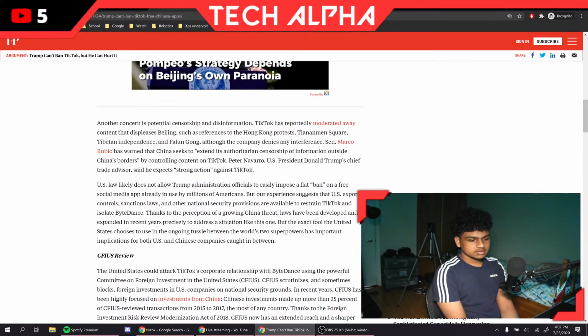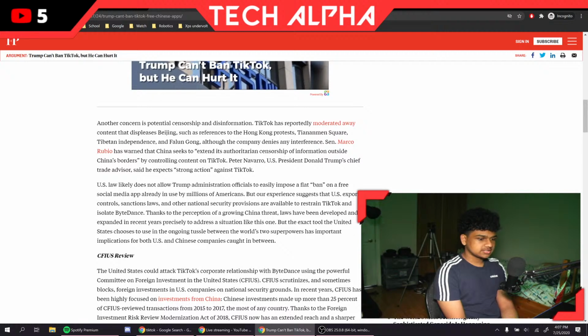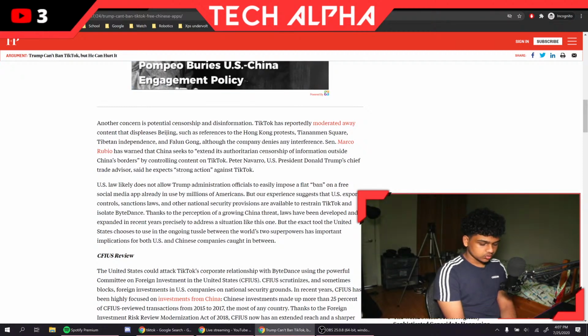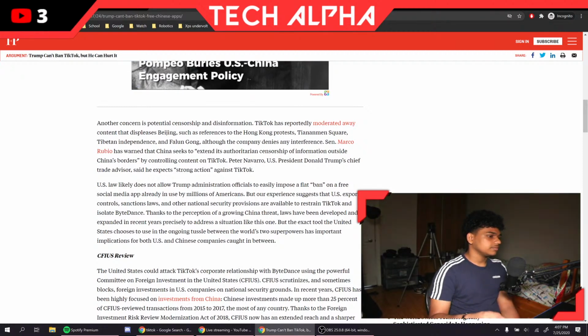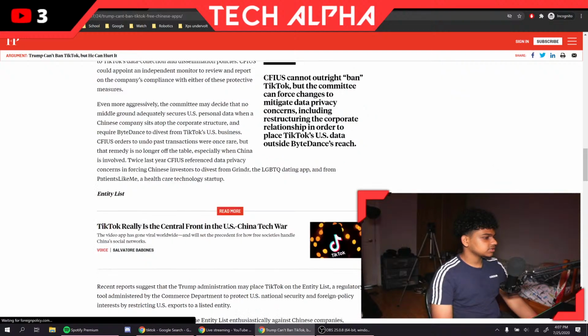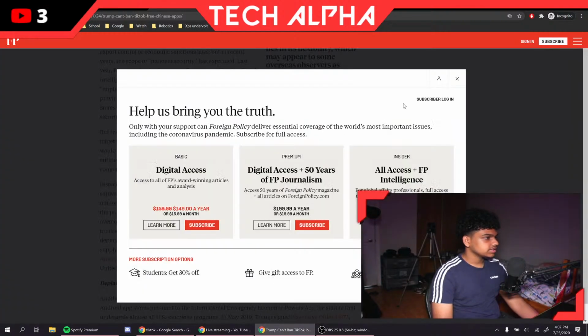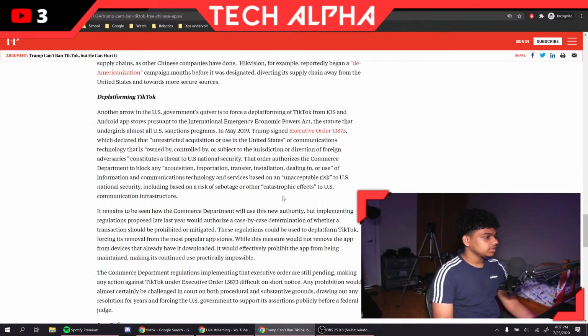I guess what they're saying is it's impossible to flat out ban an app, the same way that India has done it. Because the way that India did it was crazy. They basically just said, "Screw you, no more TikTok," and they just took it away. I guess the US can't do the same thing, also because there's already millions of users using TikTok. But I guess what they could do is maybe,